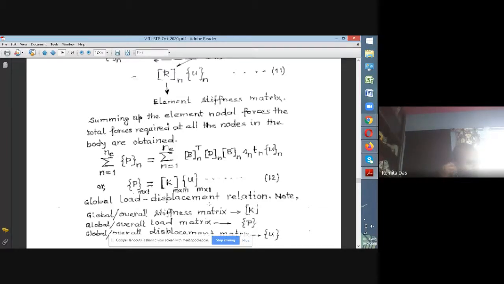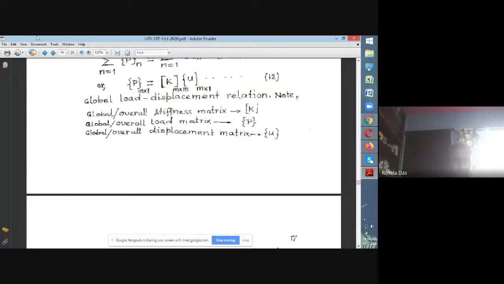multiplication or amplification of the single spring system, and it gives you the global displacements related to global loads by the global stiffness matrix. That's why this expression is finally the one we require in the finite element method: how do you get this global stiffness matrix, so that you can link the global loads applied externally with the global displacements at all the nodes. So this is the final outcome of the discretization and the finite element formulations.